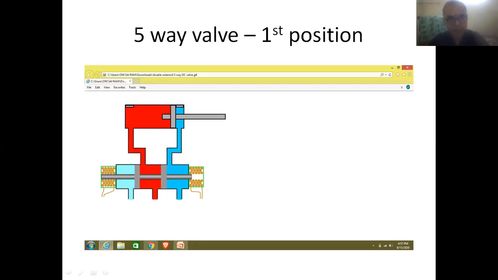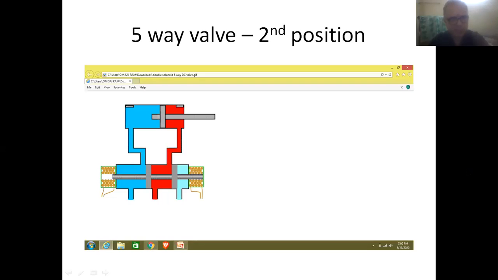The first figure can be used for explaining the first position of the DC valve, with the connections at the first position used for the forward stroke of the piston. And this second figure can be used for describing the second position of the DC valve, with the connections at the second position used for performing the return stroke of the piston.